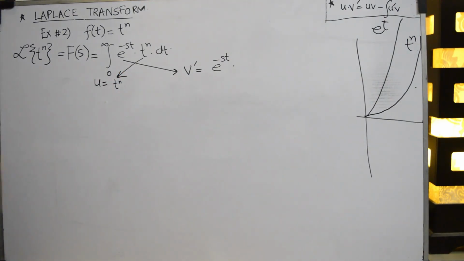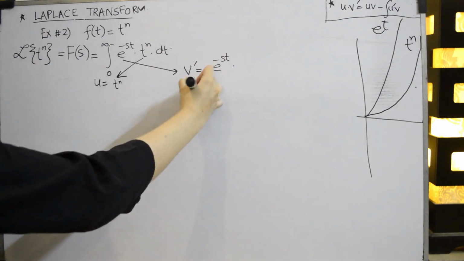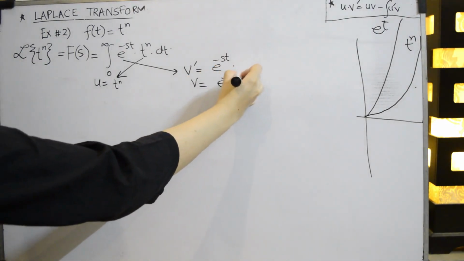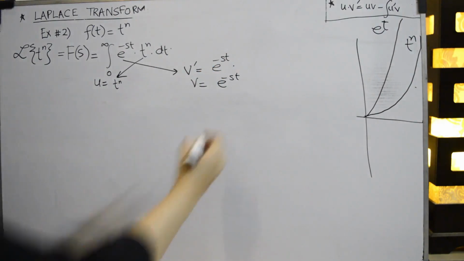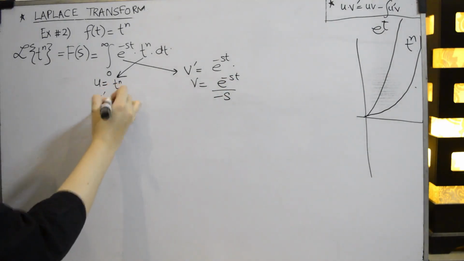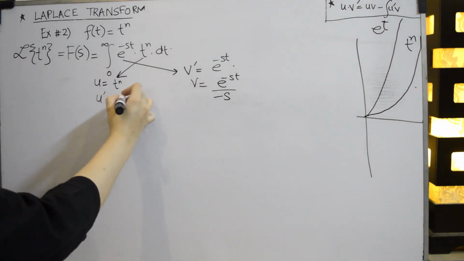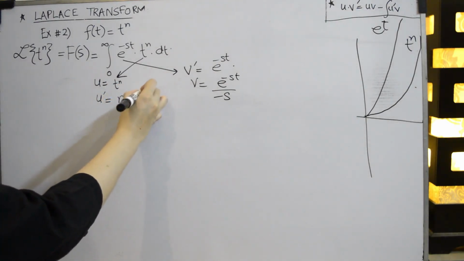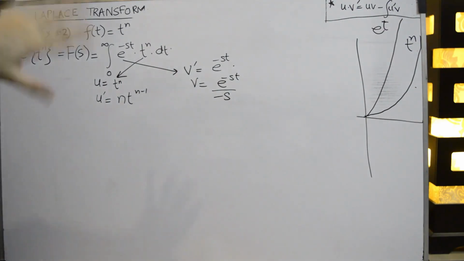So I integrate it with respect to t, that gives me v, which is e to the power minus st divided by minus s. Minus s here is a constant, so in integration the constant is divided, and in differentiation the constant in exponential and trigonometric functions is always multiplied. In the next step I use this u dash, which with respect to t becomes n t to the power n minus 1. So I am using this formula, and this formula generates